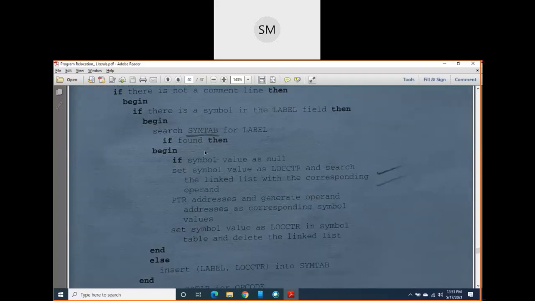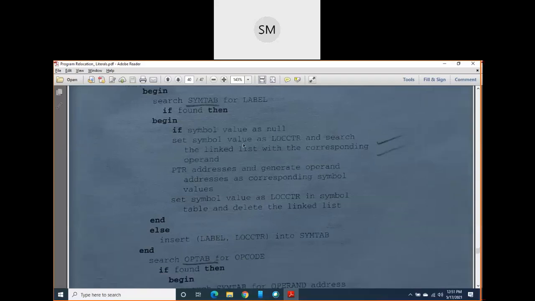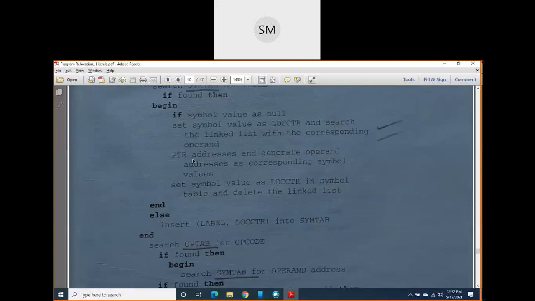Then if that label is found there, and if the symbol value is null, then set that symbol value as the location counter and search that linked list with the corresponding operand. Then the operand pointer addresses, and generate the operand addresses as the corresponding symbol values.